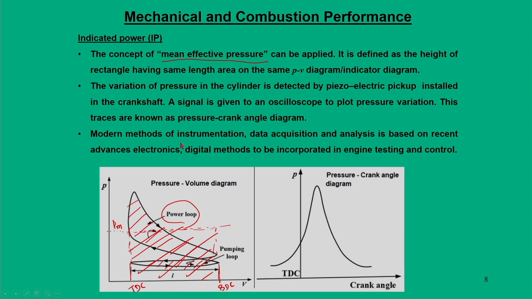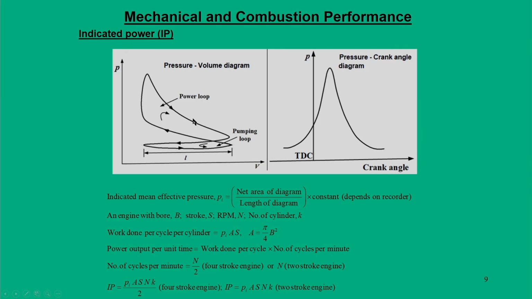and with our modern instrumentation and data acquisition systems and advanced electronics, we can get the estimates of the work output from this indicator diagram, and from there also we can calculate the mean effective pressures. And from this mean effective pressure we can come back to the indicated power. How it will be followed in the next section. So, whatever I have explained, we are going to represent in the mathematical form.